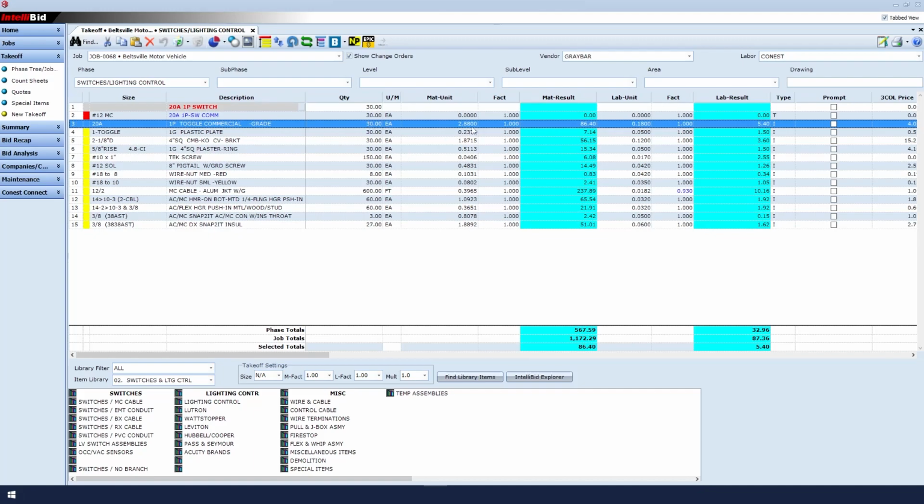The cost is $2.88. 2.88 times 30 equals $86.40. The labor unit is 0.18. 0.18 times 30 is 5.4 labor hours. It's given me the plate that I asked for, the box, and it's given me the plaster ring that I've asked for, and more. In the next example, I will go to the bottom of the screen, and then go